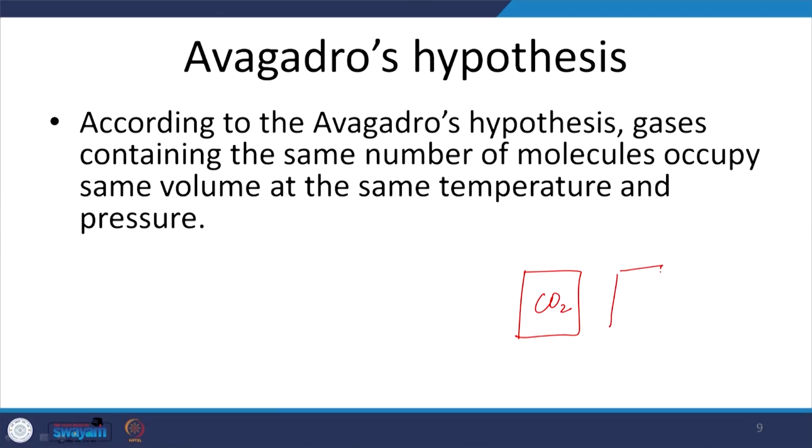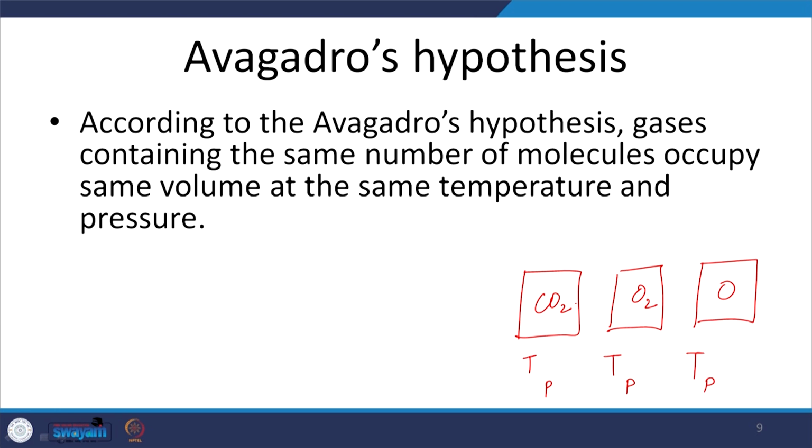So, simple. According to Avogadro's hypothesis, gases containing the same number of molecules occupy the same volume at the same temperature and pressure, mainly at the same temperature. So, that means you take different gases. Let us say you take a gas chamber of CO2, a gas chamber of O2, and so on. Now, if you maintain the same value of temperature T, the pressure will be different of course, but if you maintain the same temperature and pressure over these different gases,